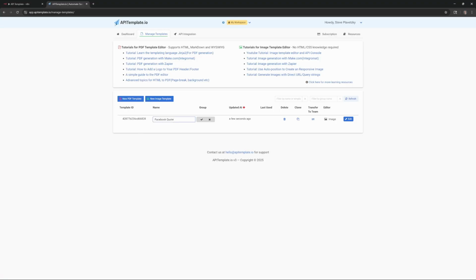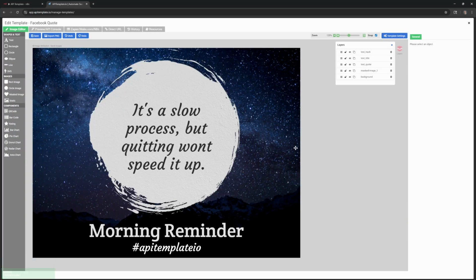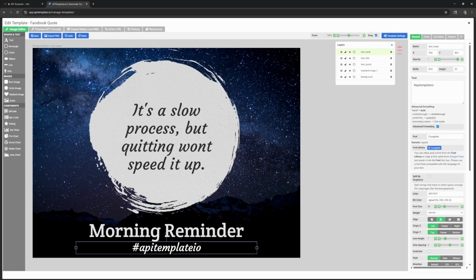You can always click on that little button to rename it, but I'll show you a different way to do it as well. If you hit edit, it will take you into this part, which is kind of like any other image editor that you've used before. You have all your layers here on the right, and if you select them, they'll highlight on the left-hand side to show you which layer is which.